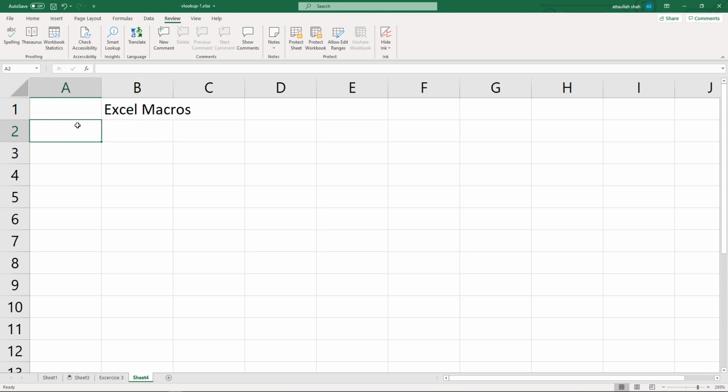So, let's say someone gives you a very boring task that you have to color this first cell black and the second one green, then third one black, then fourth one green, then fifth one black, sixth one green.